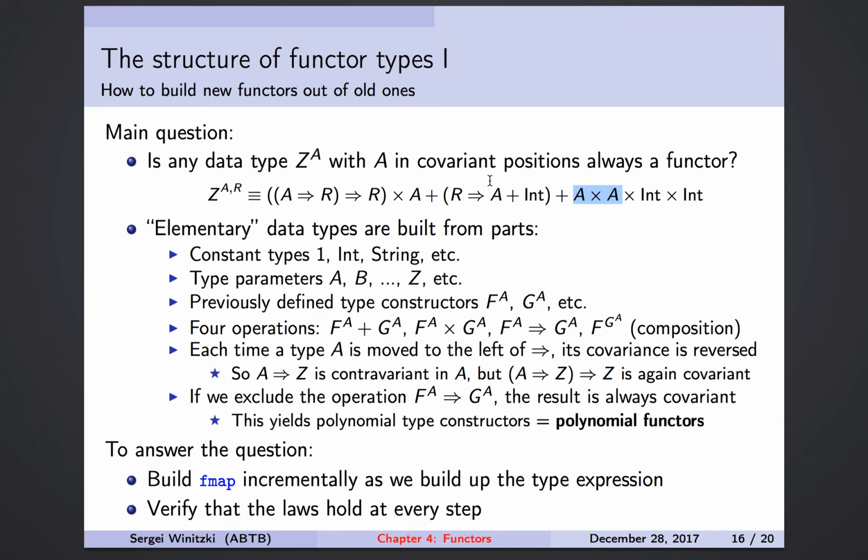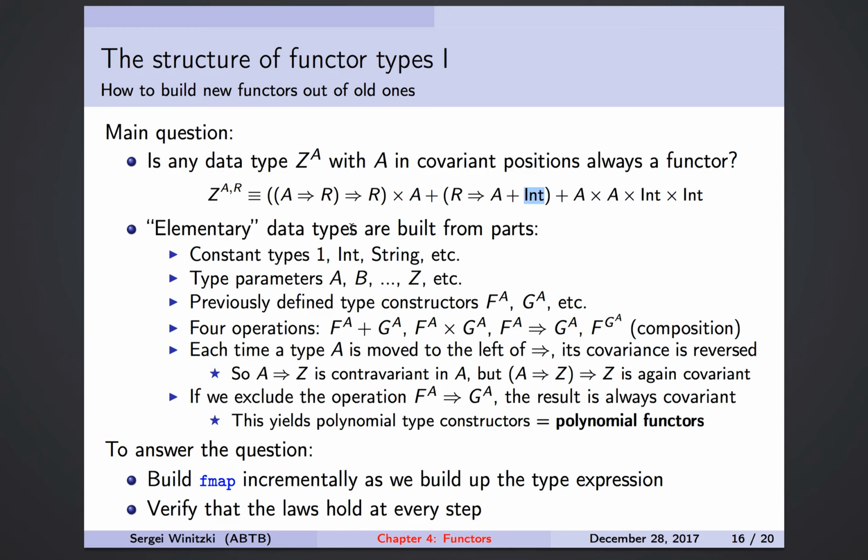In fact, the way to answer this question is to realize that these data types are built from parts. They're built like from a Lego set. And what are the parts? So these are the constant types like integer or unit, and they're type parameters, and then there are operations that,